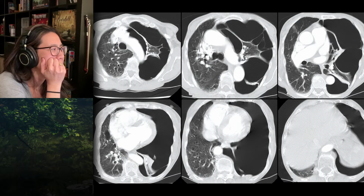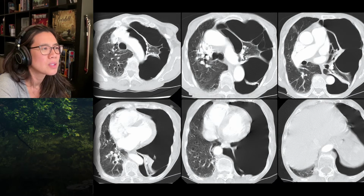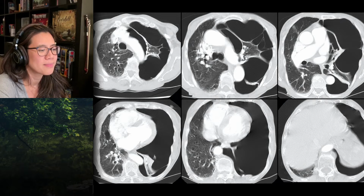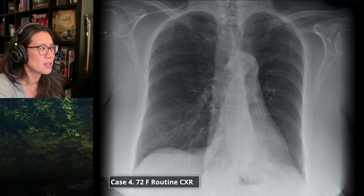Okay. Yep. So she's just got collapsed lung and a big pneumothorax and a few confusing adhesions. Yeah. Okay. Cool. But looking at it in 3D, in multiple planes, I had no concern that it was anything but real. Cool. Okay, next case. Oh, right. So